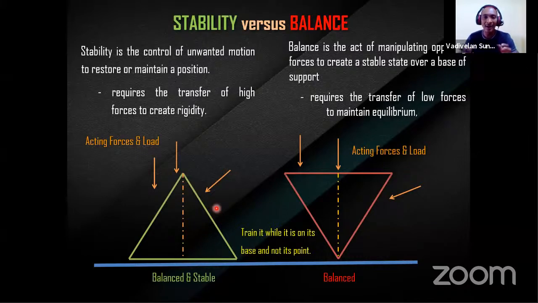Which triangle may absorb more forces, the one placed on its base or the one on its tip? Definitely, the triangle placed on its base is going to absorb more forces. Whatever forces you give, it takes them and acts according to the force. But the tip one may withstand only minimal force. If we keep repeating from various directions, this one is definitely not going to withstand.